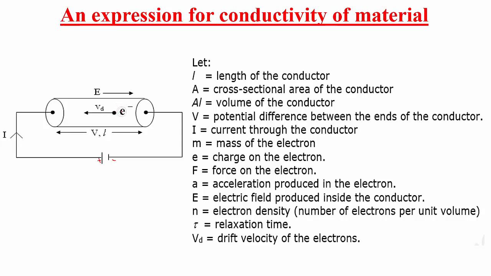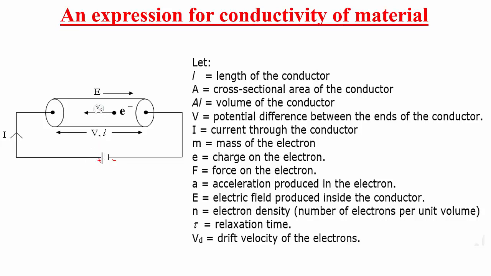Because of this electric field, electrostatic force is exerted on the free electrons of this conductor. Then these free electrons start to move in the direction towards the positive terminal of the battery because of force of attraction. That means the flow of electrons takes place opposite to the direction of electric field. Electric field is from positive to negative terminal of the battery, but the electrons are moving towards the positive terminal of the battery.